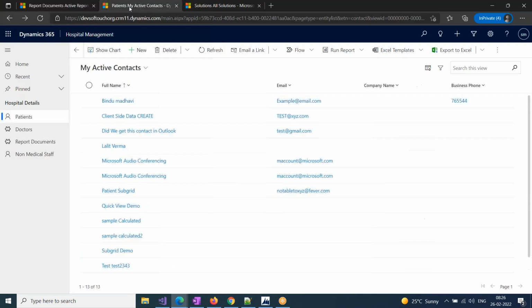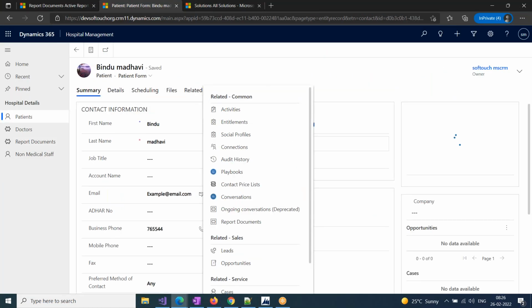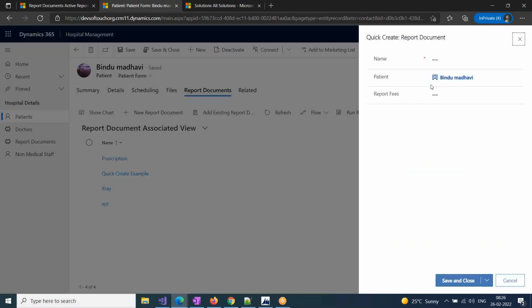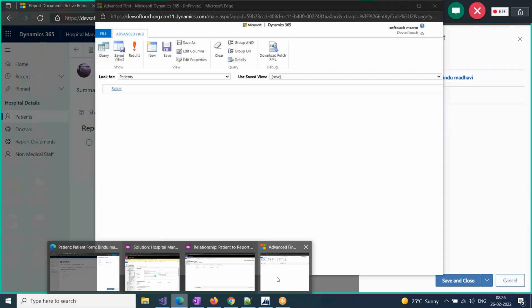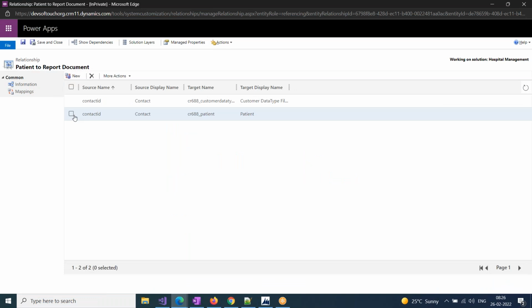I'll go to patient. I'll open one record. Go to this report. Whenever I click on this one, you see the patient information is pre-populated in the record, right? That will be handled by this mapping. If I remove this one, that will not map by default. If I want to add one more mapping